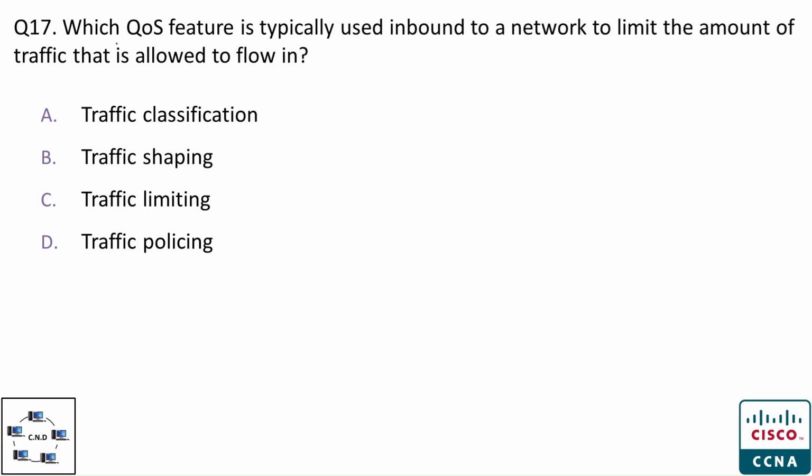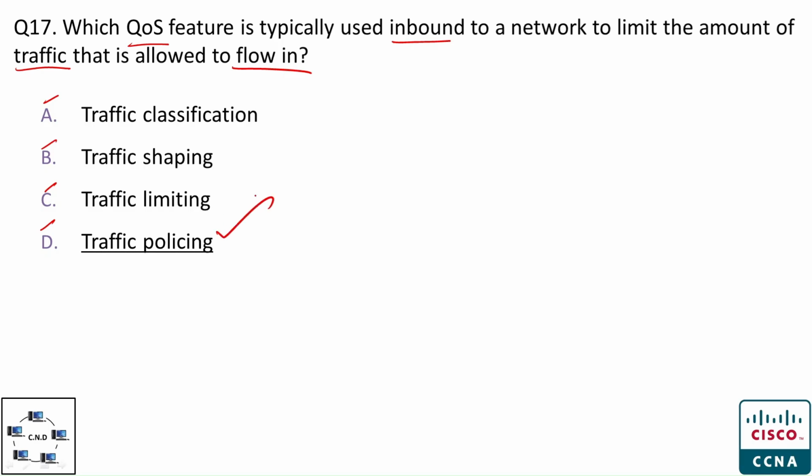Question number 17. Which quality of service feature is typically used inbound to a network to limit the amount of traffic that is allowed to flow in? The options are option A, traffic classification, option B, traffic shaping, option C, traffic limiting, and option D, traffic policing. And the correct option is